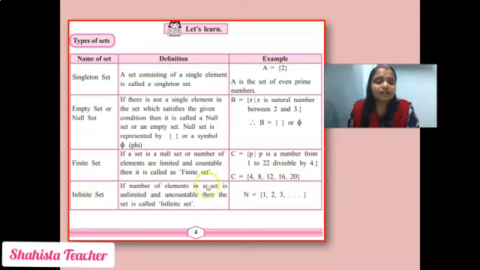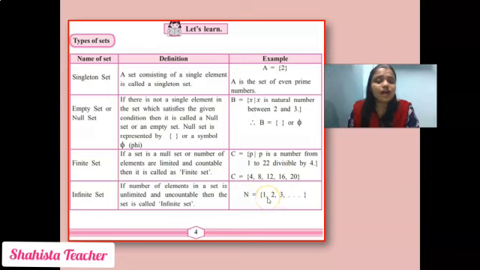Now infinite set. Infinite sets are those sets which we cannot count. Unlimited and uncountable. So N = {1, 2, 3, ...}, these three dots are known as an ellipsis. That means the numbers start from 1 and go on increasing.